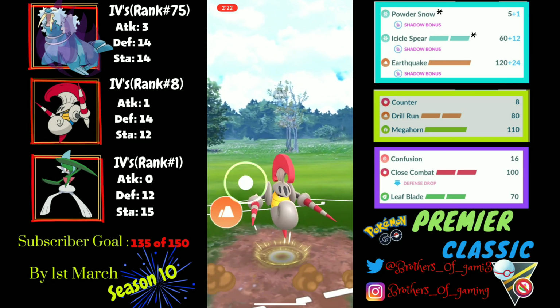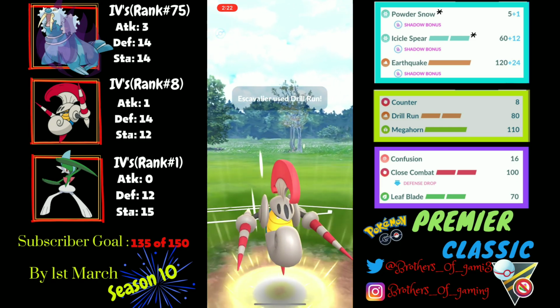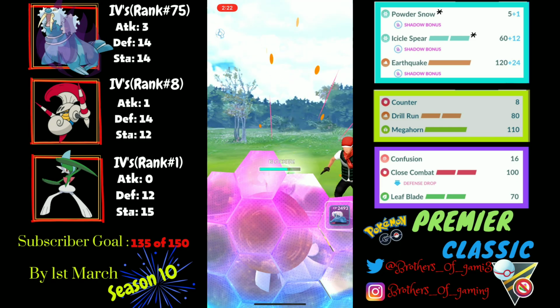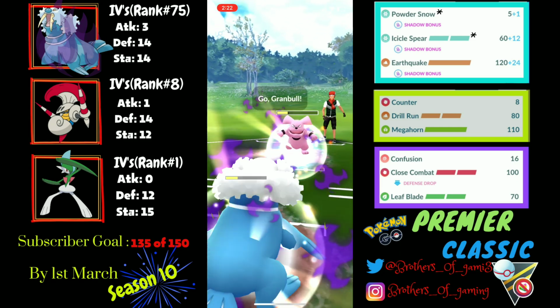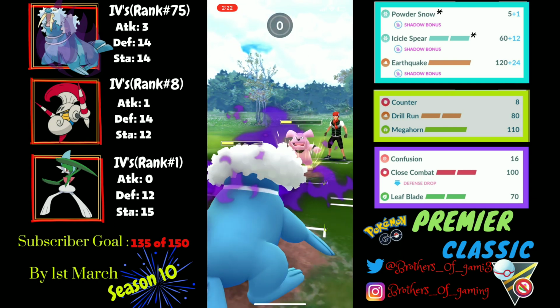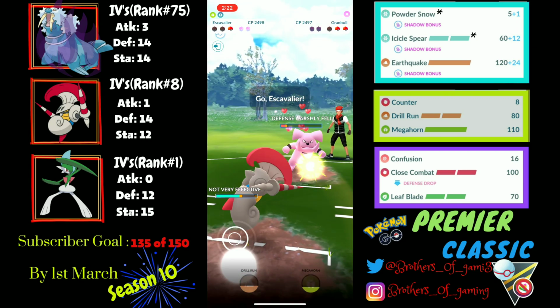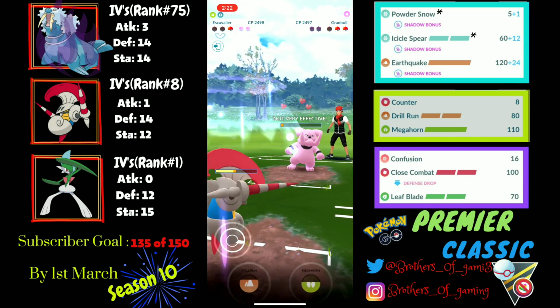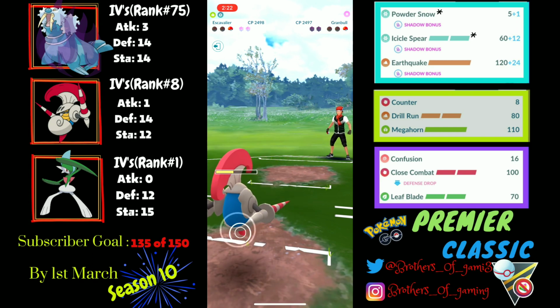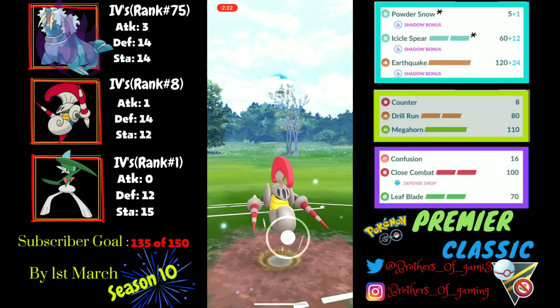Now I'll be going for my first Drill Run, which deals a bit of damage to the Escavalier, and I believe it will be getting the final shield. And we do a simultaneous swap in this scenario, and I do catch one Close Combat with my Walrein, which I am fine with. So my win con over here is my Escavalier, and I have got 2 shields to my name, which is enough to knock this